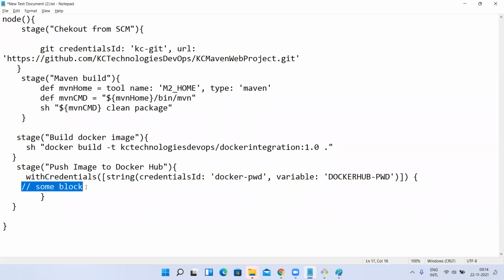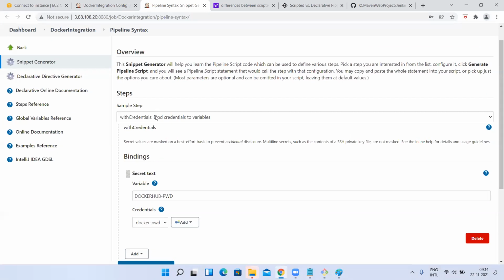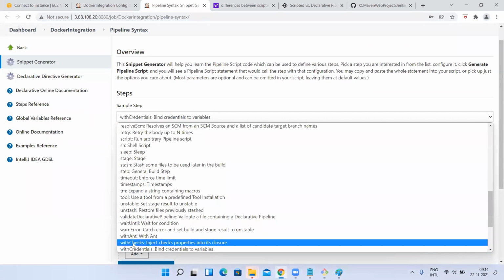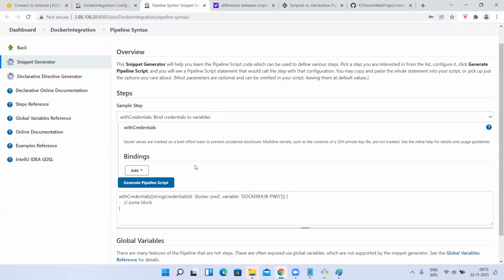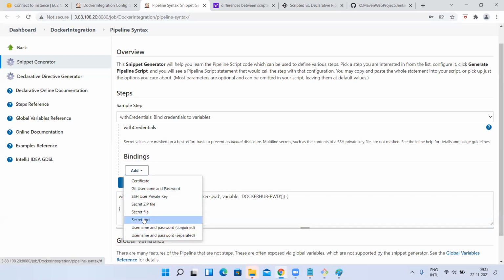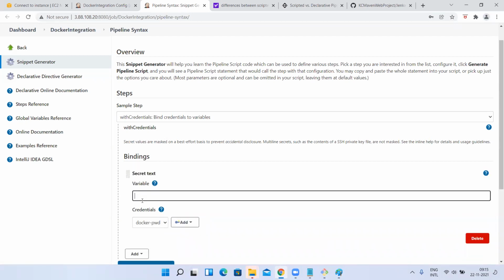So let me repeat what I did, then I'll discuss once again. I selected one step called with credentials. When I selected it, it asked what you want to use, either GitHub username and password, like how we do, right? I want to create only secret text, only one password. What is the variable name you want to give?